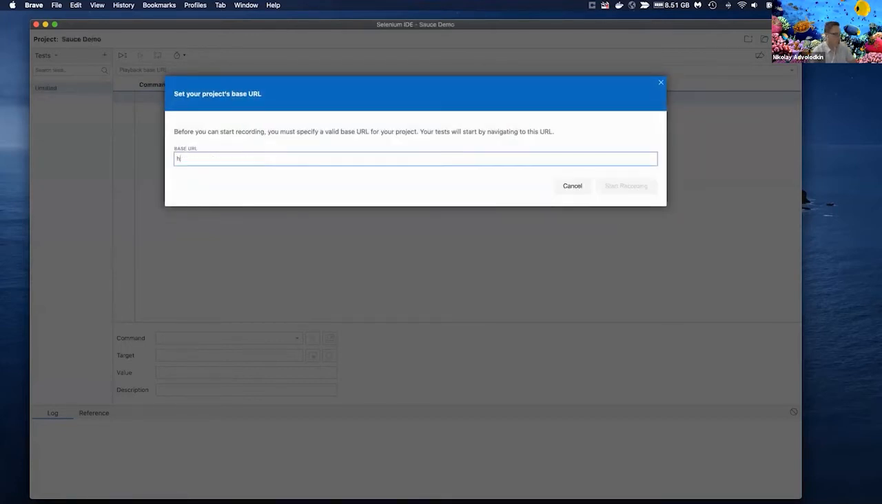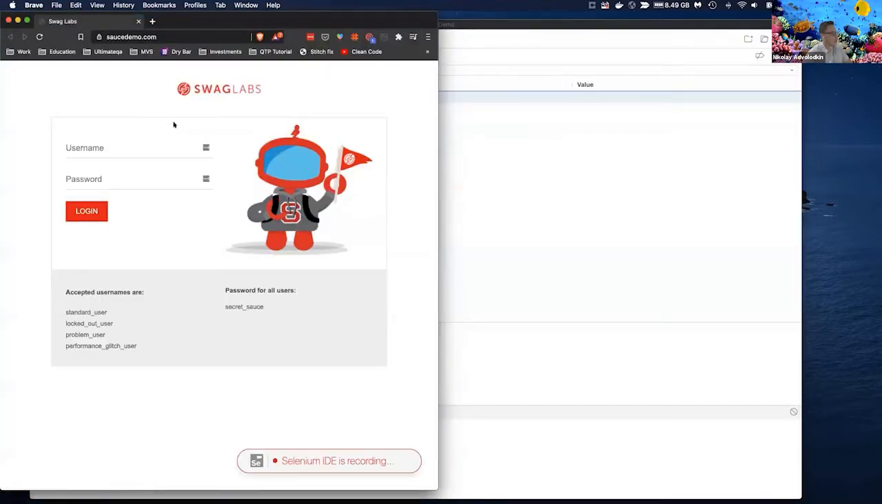And then which URL are we going to use? We're going to use our sauce demo app. And now we'll start recording. And so right here, you can see that it pulls up our application, and we can actually just start interacting with it. So let's go ahead and grab standard user and do secret sauce,